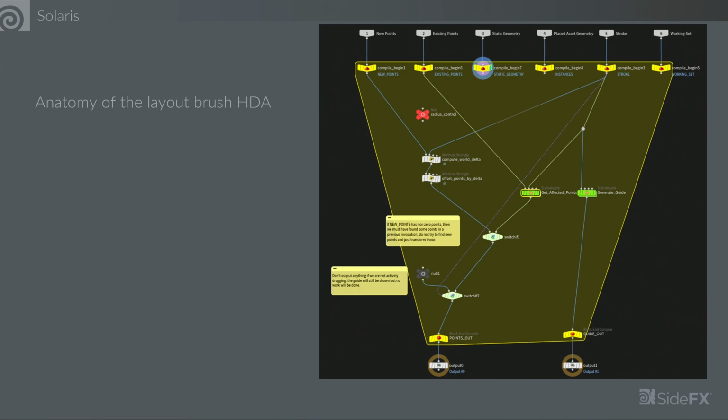We provide you with a node network to get started. It takes advantage of compile blocks, which is the yellow area you see, for optimum performance.